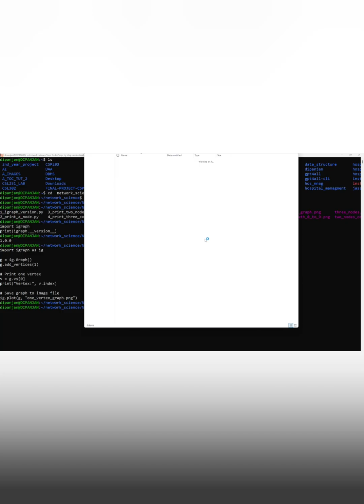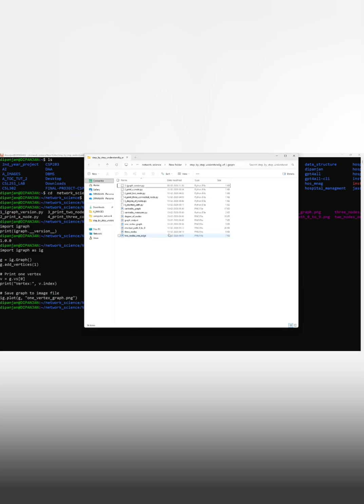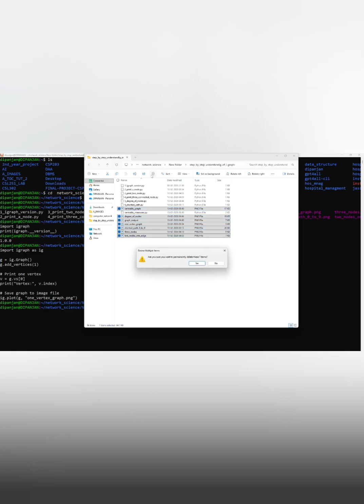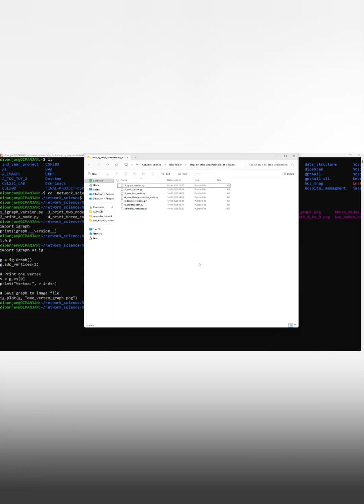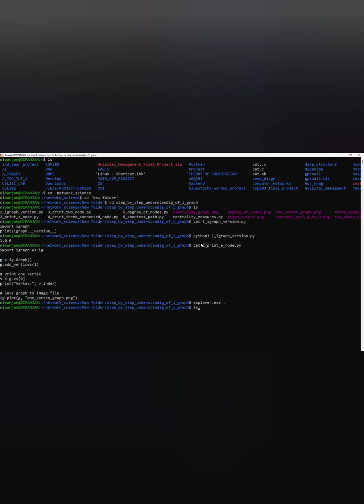We will delete all our output PNGs to show you that our code runs perfectly. So you can see our folder has no PNG files. Now let's run our first code, which is